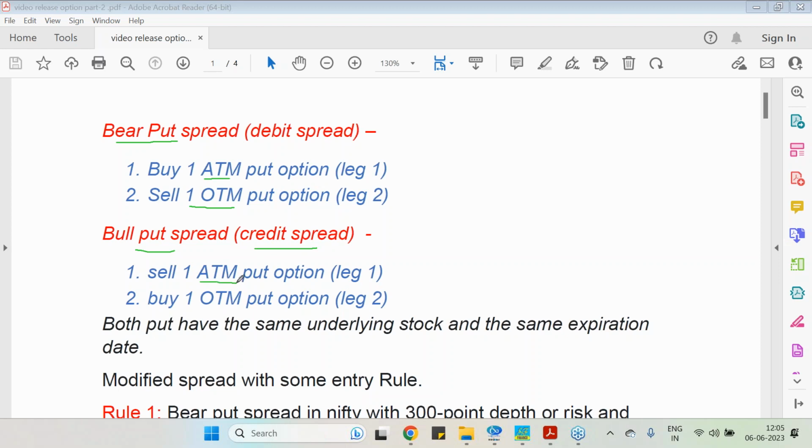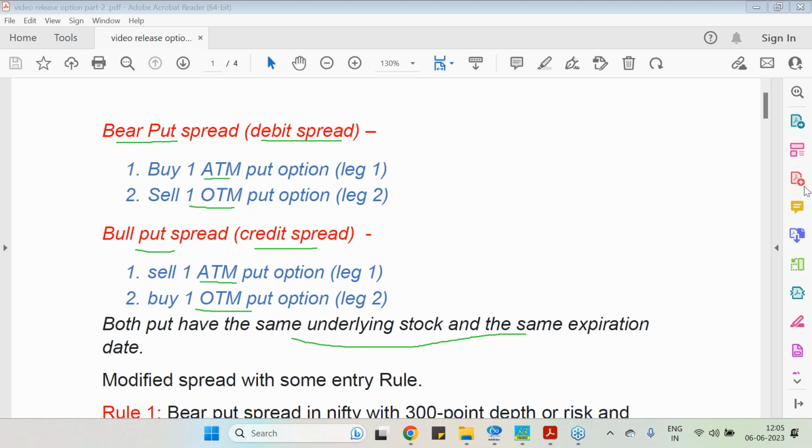You will be selling an ATM put and buying an OTM put. You will receive a credit, whereas the bear put spread is a debit. Bull call spread was a debit spread and bear call spread was a credit spread. But once you are dealing with put options, bear put spread is a debit spread and bull put spread is a credit spread. This is what is there in most of the books,